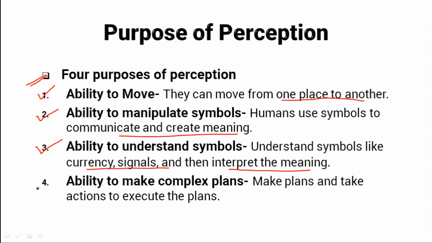In addition to manipulating symbols, human beings also manipulate physical objects around them. This means that we use our hands, legs, and other body parts to interact with things in the environment. For example, when you are driving a car, you manipulate the steering wheel to change direction. And when you hold a pencil and write something, you are manipulating the pencil to write.